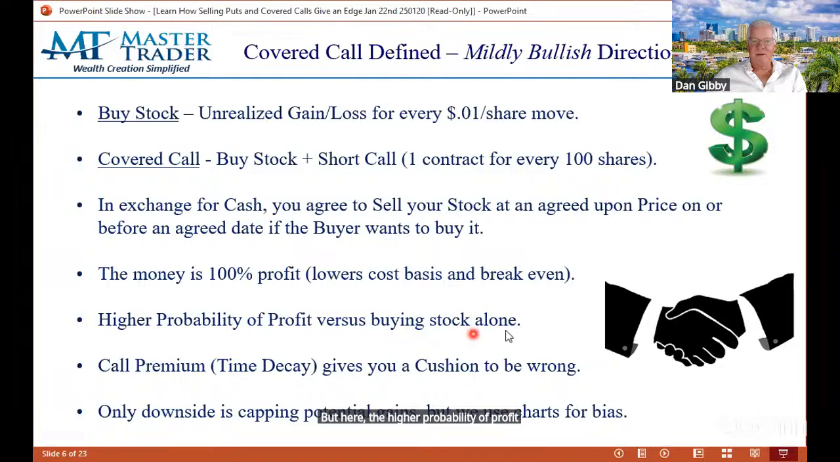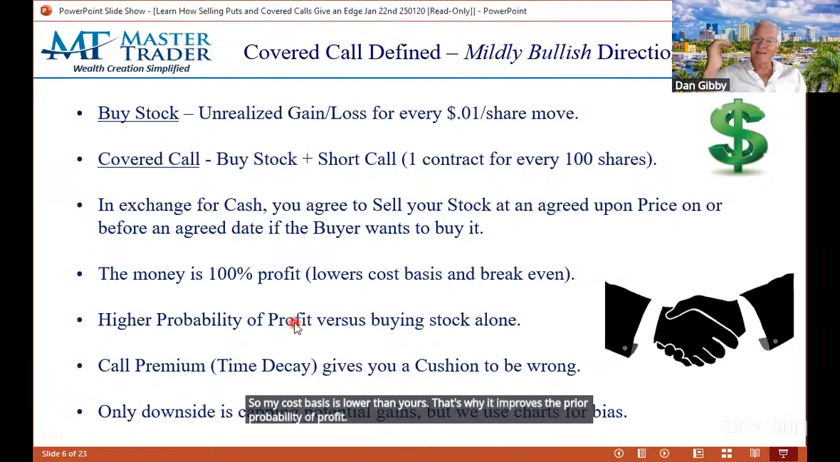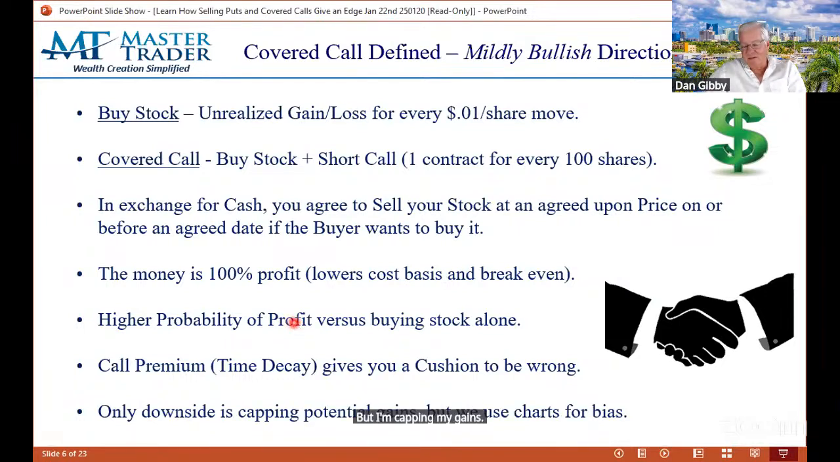Why is that, by definition? Well, I could look at a quote screen, but I'm not going to do it right now. Let's say I take in $3 for selling this call option on Apple at the same time I'm buying it. Well, guess what? My $222 cost of Apple just dropped to $219. So my cost basis is lower than yours. That's why it improves the probability of profit. But I'm capping my gains. That's the trade-off. And I'll show you a chart here,